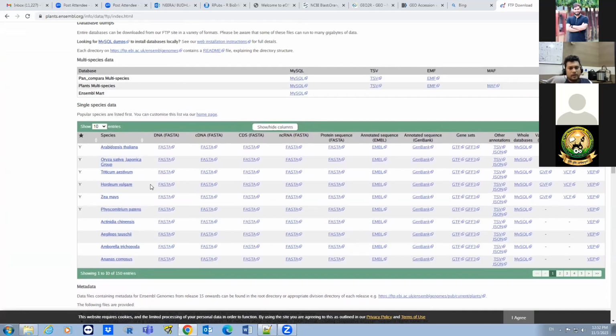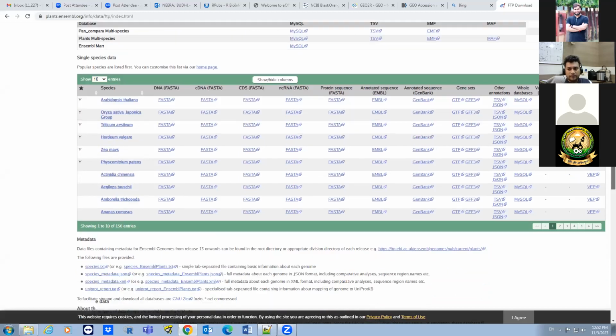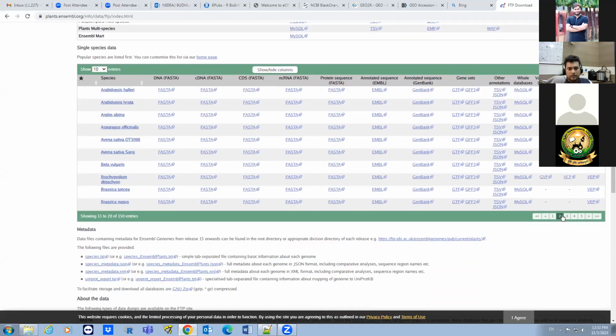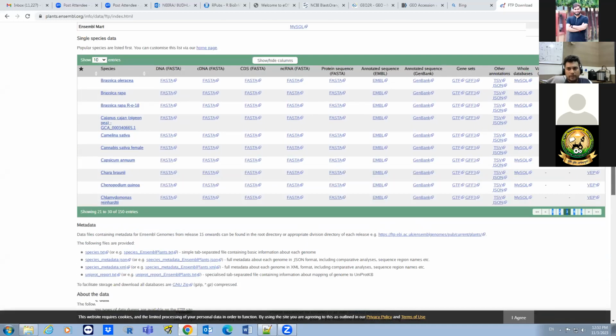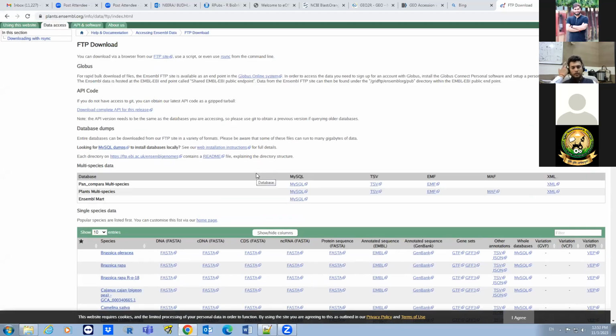You can explore all these things. It is a very good resource, Ensembl Plants. The GFF file, FASTA file, all annotation files, GTF file, you can get all of this from here. So this is also a very good resource for biologists.